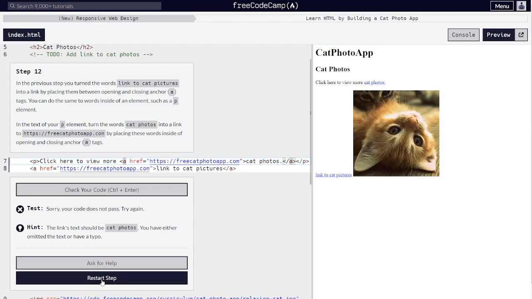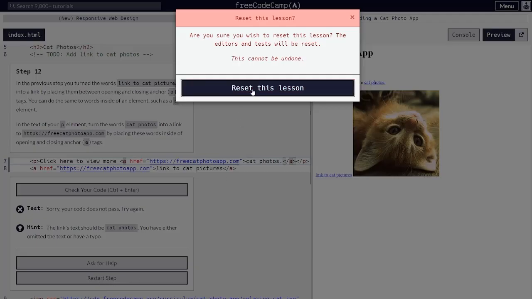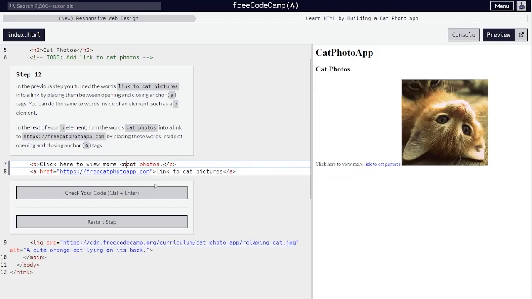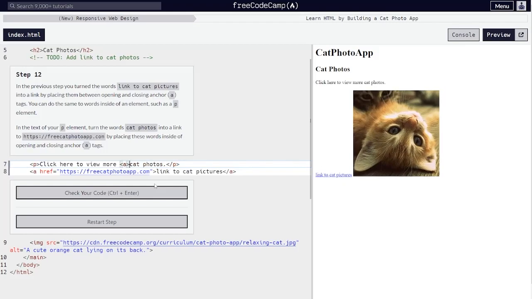Let me reset this. Alright. Click here to view more cat photos. So we just want cat photos. And then we need to close it. /A. Alright, and then we need to put a href equals